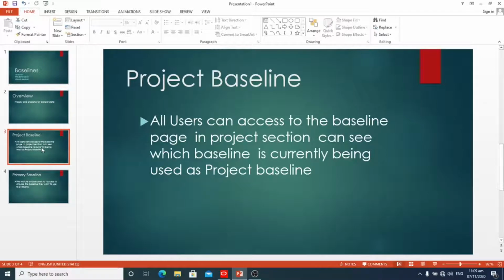Any user who has the required privileges can choose the baseline to be used as the project baseline and can change the selection if necessary throughout the course of a project. All users who have access to the baseline page in the project section can see which baseline is currently being used as the project baseline.